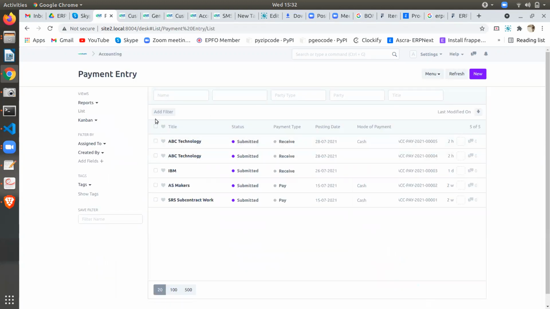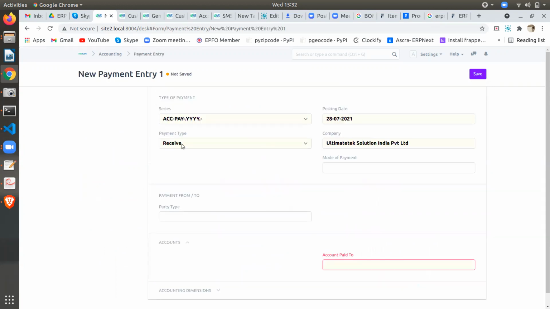No, actually, what we can do is, instead of creating a separate screen or writing in a payment request, we can add a workflow for the payment entry, sir. For example, first it will be saved as a draft. The draft stage will give permission only to the customer. The account manager or account user will have access to submit the payment entry. Only when the document is submitted will it update the account ledger.